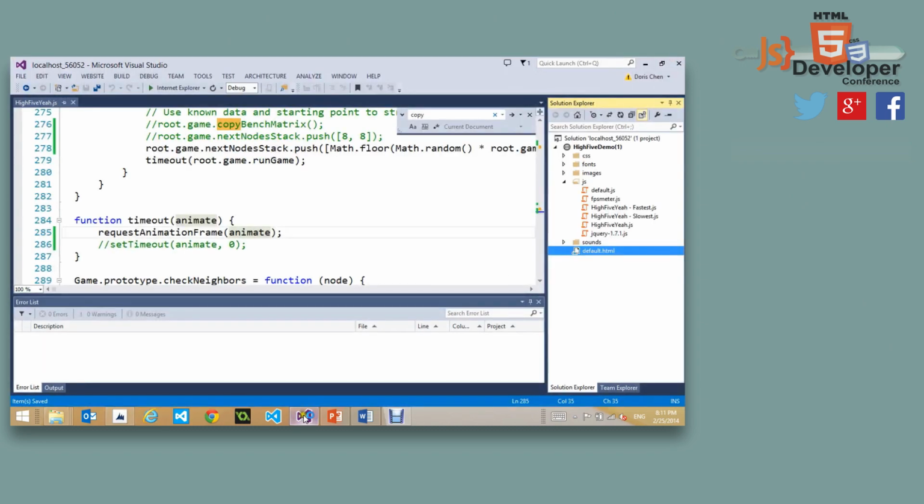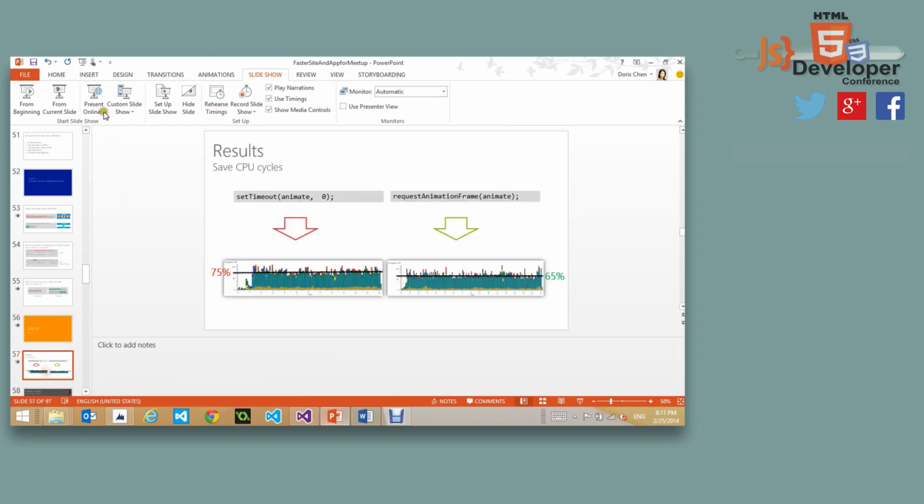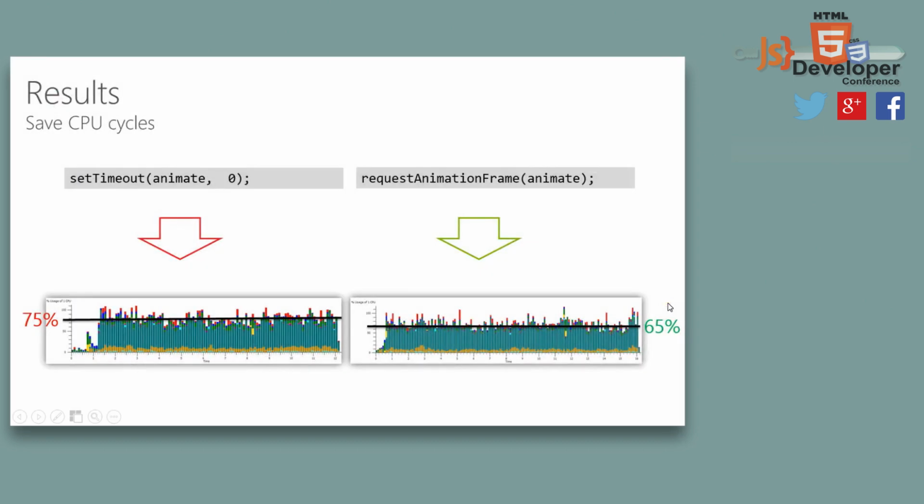So I'm going to wrap up pretty soon so that you could ask me questions. This is the last fix. By doing this frames per second fix with animation, instead of 0, I use 16 milliseconds. I actually reduced the CPU time from 75% to 65%.